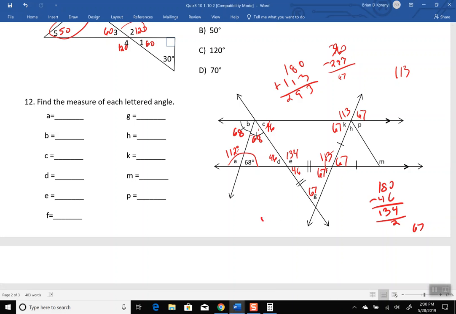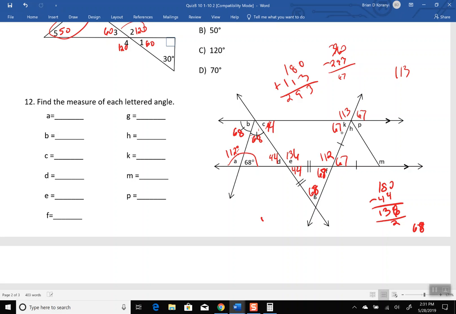Okay, so I see my mistake. 68 and 68 is 136. So that means that this would actually be 44 degrees. This would be 44 degrees. This would be 136. This would make this thing 44 degrees, which would make this thing 136. So that's going to be 68 degrees each, which makes this thing